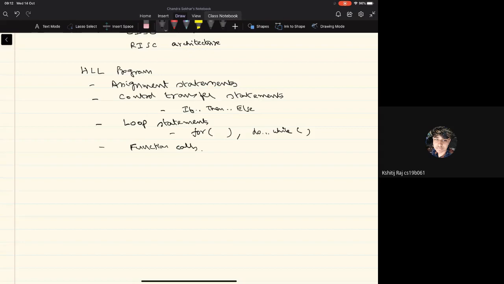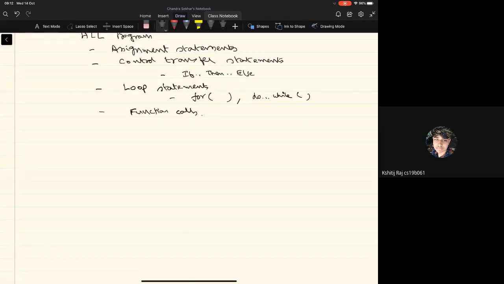Okay, so let's look at a simple assignment statement, which we already saw in the last class. Let's say I have a simple statement like z equal to x plus y.